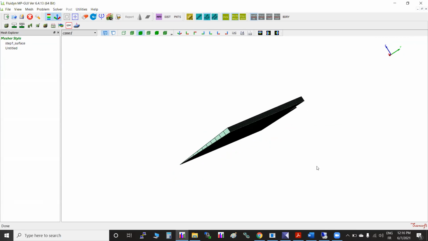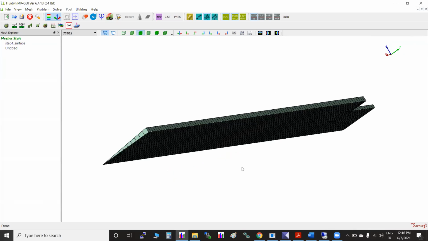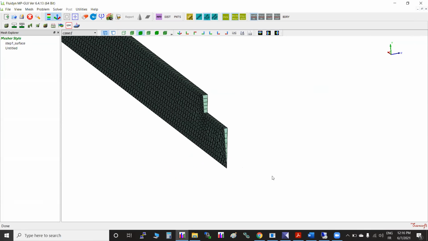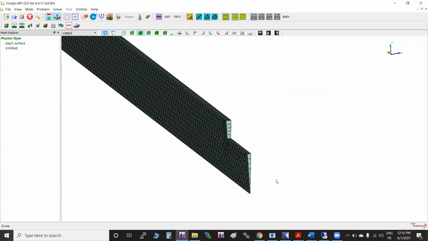So this is called axisymmetric because the original geometry, whatever we created, is that 3D cylindrical object. But we know that the flow is mostly only along the axial direction. It is not going to have any impact. It is not going to change circumferentially. Then we go for this to have quick processing. It gives good results also.